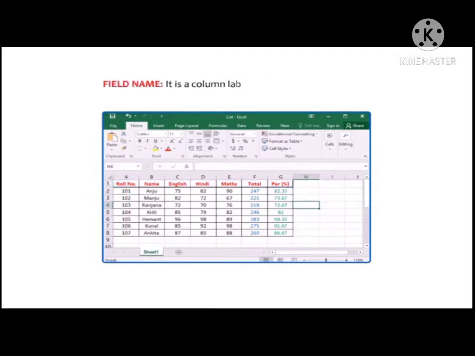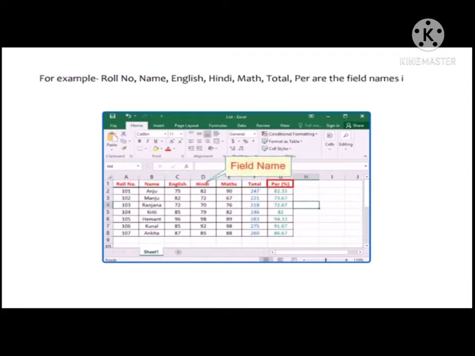And field name is a column label for the field in a database. All the field names appear in one row. For example, roll number, name, English, Hindi, maths, total, percentage are the field names in the given database.